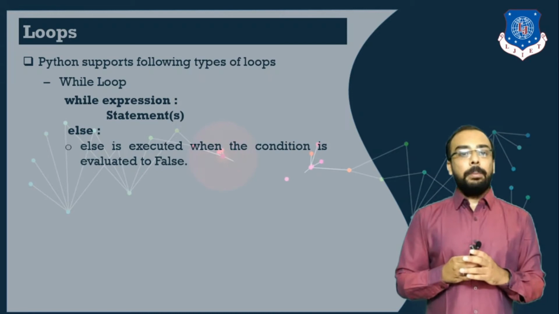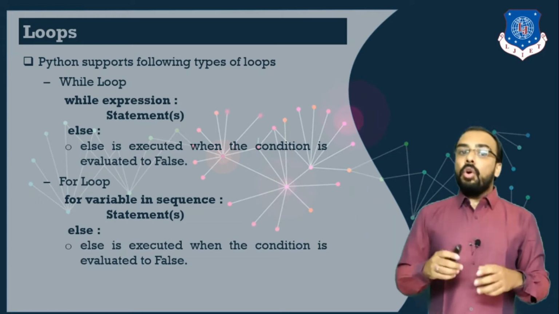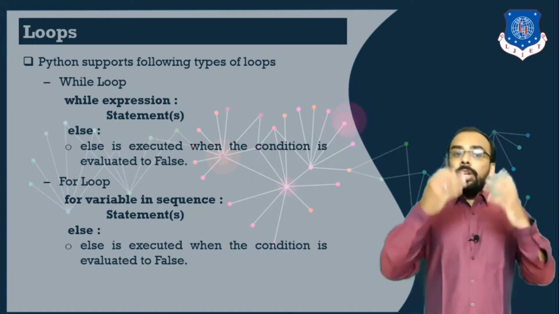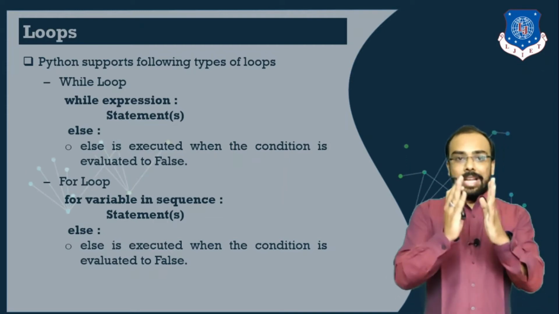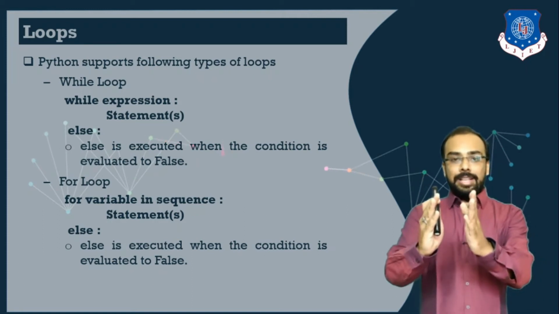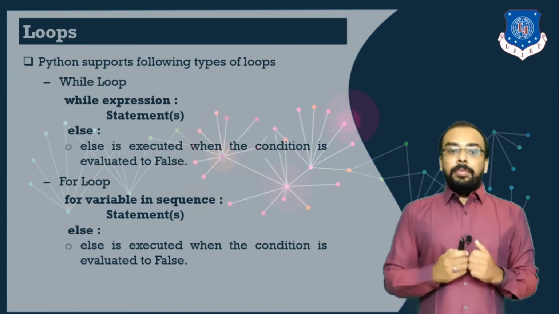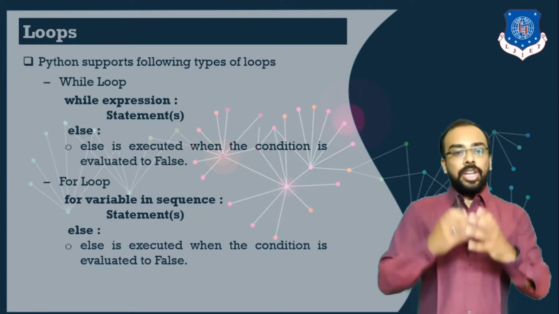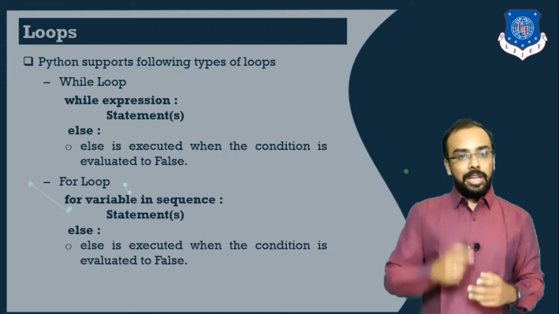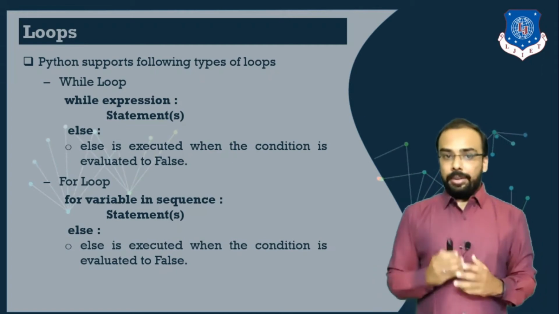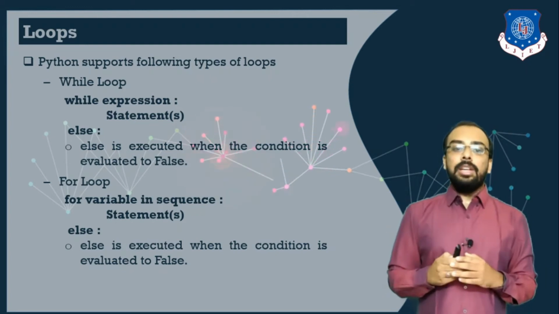The next type of loop that is supported in Python is again the for loop. You all are aware of the for loop. If you recall your traditional for loop, what was the syntax? First we have to use the for keyword, then the iterating variable, then we have to satisfy the condition, and then we have to use either an increment or decrement operator. Now the syntax slightly changes in Python. First we use the for keyword, then the iterating variable, then the in operator. After specifying the in operator, we can use either a sequence or the range function.